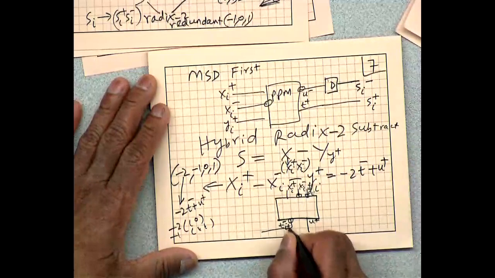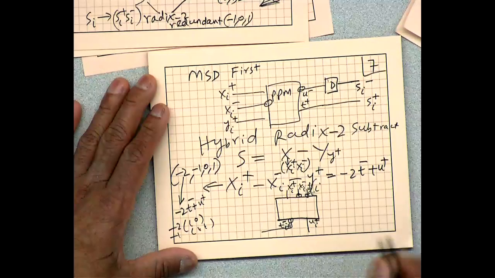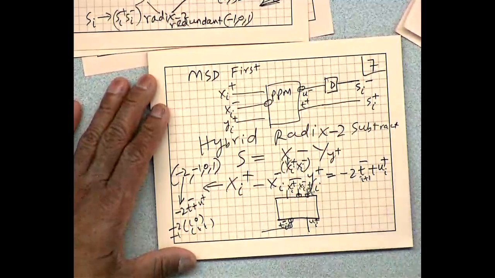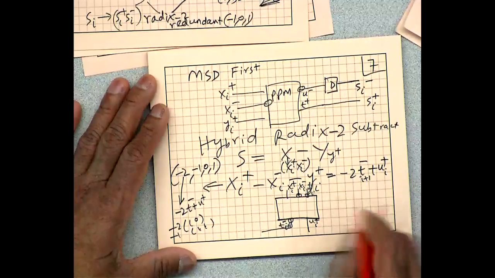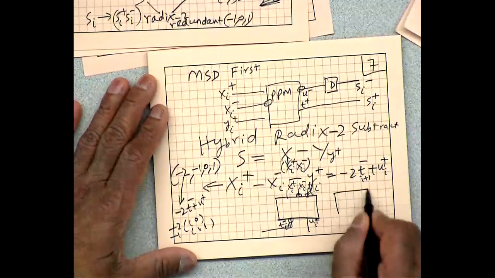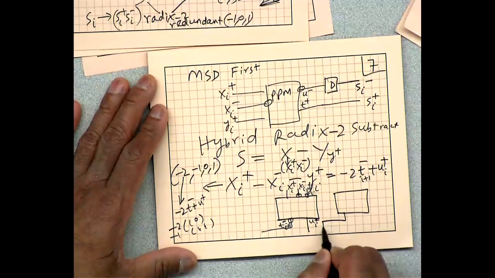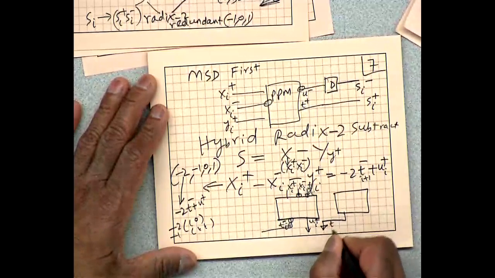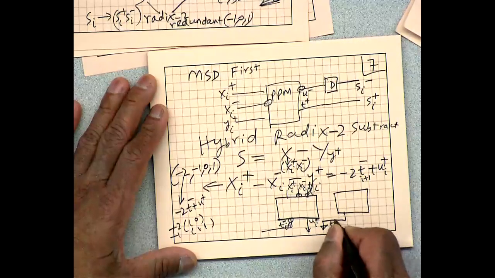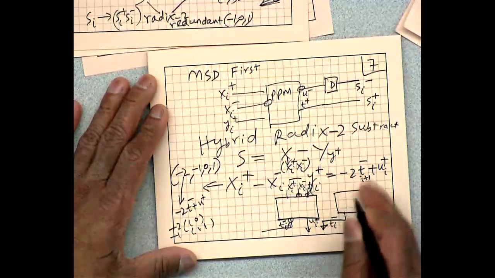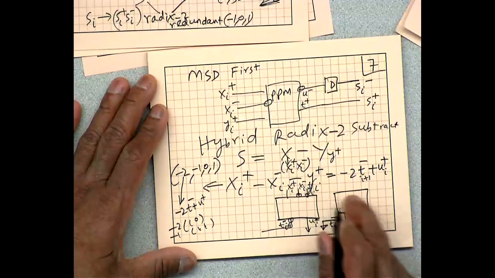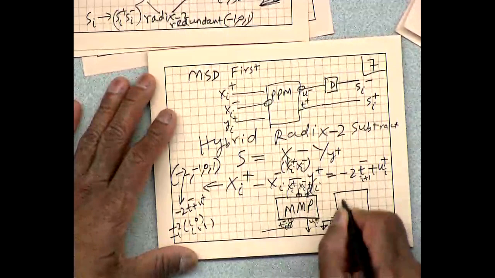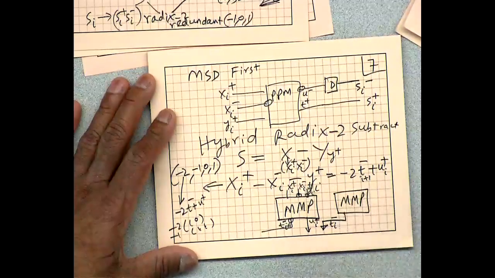That's going to the next one. And this is ui. Okay, ti plus 1 minus ui plus. And then there will be another ti coming from the next one. So if I am doing a parallel thing, this will be the next t, this will be ti minus coming from the next least significant place, and we can call this adder an mmp adder, minus minus plus.